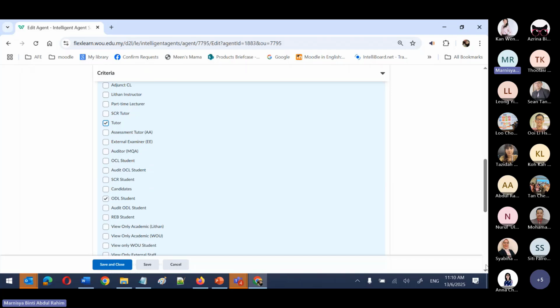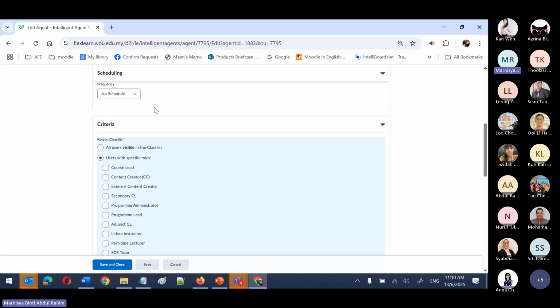So although it does say only visible in the class list, it gets sent to various people. For example, you may or may not know that our WOU staff, let's say from the RC, whoever has the access to the FlexLearn, they have view-only rights, but they are just not visible,